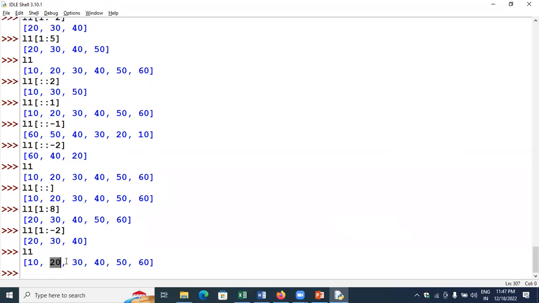So here, 1 minus 2 means what? Minus 1, minus 2. Up to this is the range actually. In this, 50 won't come. So the remaining 20, 30, 40 will come. Okay, and one more, L1 of